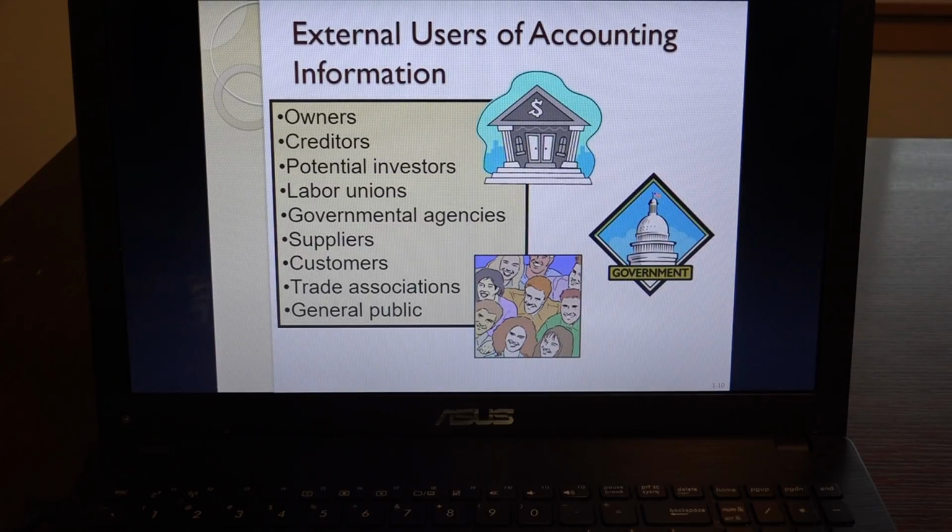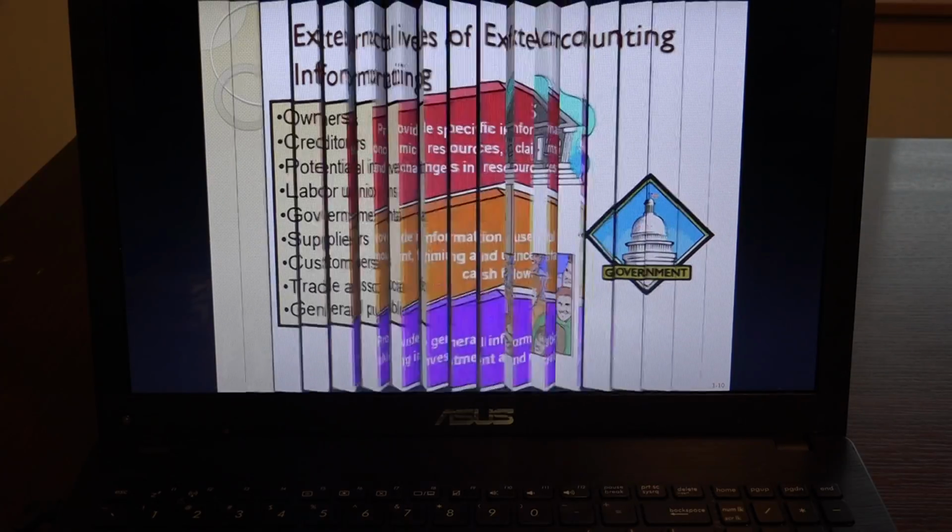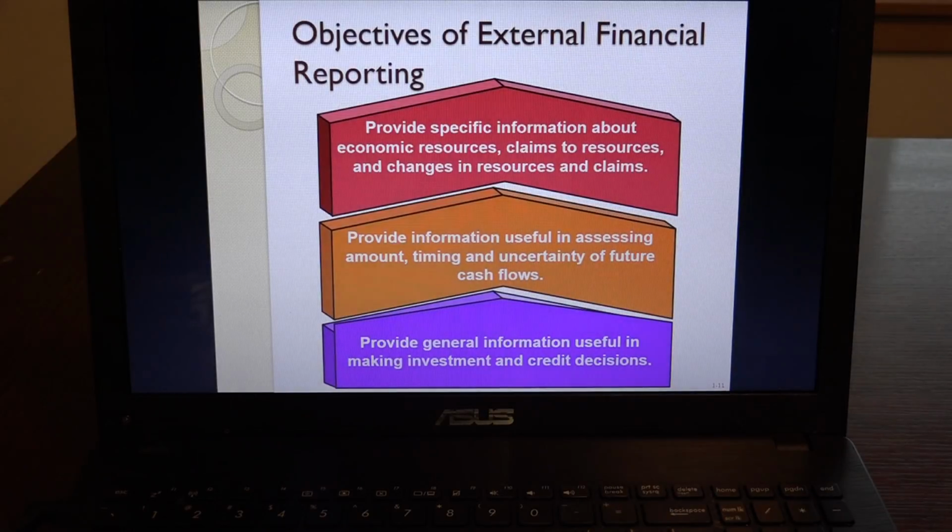The external users of accounting information, again, are potential investors for the most part and creditors. I don't even know why they're going through this. And again, they understand that the information these external users get